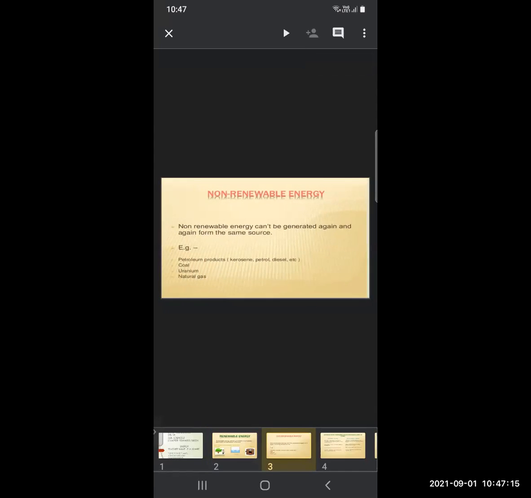Non-renewable energy. Non-renewable energy can't be generated again